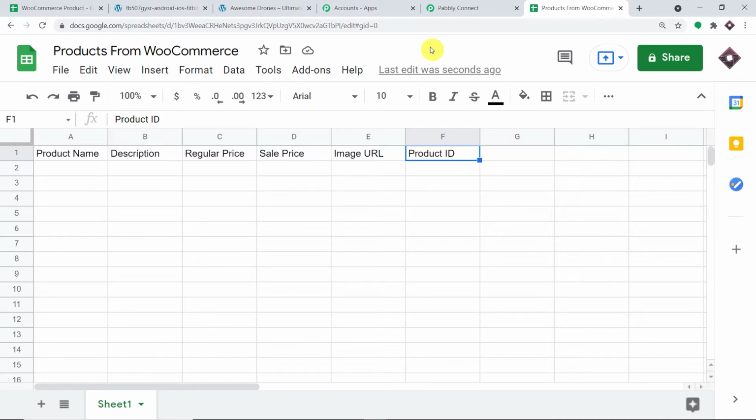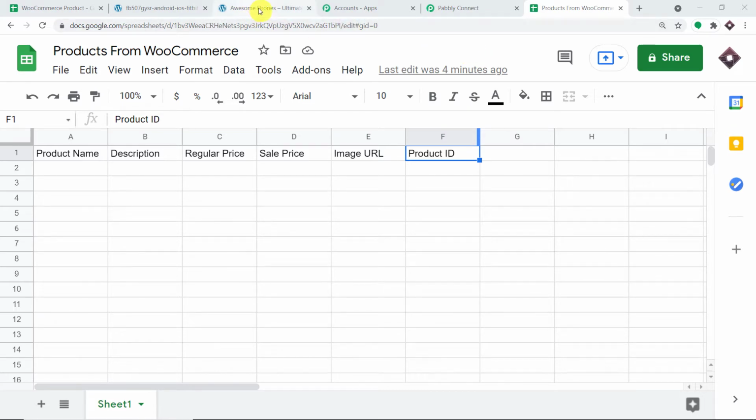Okay, so let me just repeat this again. We are going with two assumptions. The first assumption is that there is some kind of product data present in my Google Sheet. The second assumption is there is no data present in my Google Sheet. The Google Sheet is freshly created like this one. So we are going to work with the first assumption that we have the data of all the products in my Google Sheet, except the newly created one.